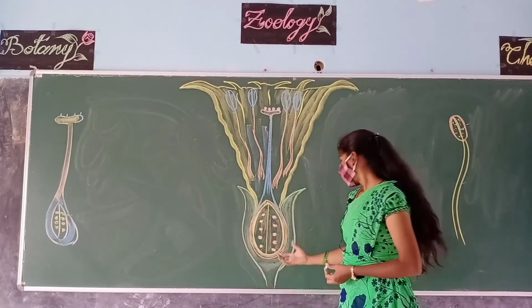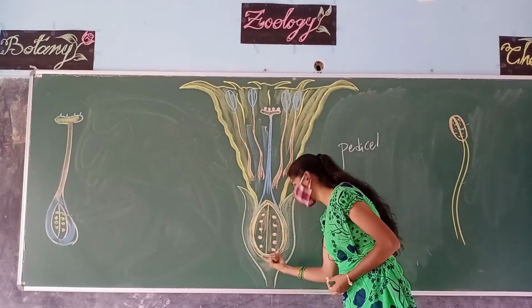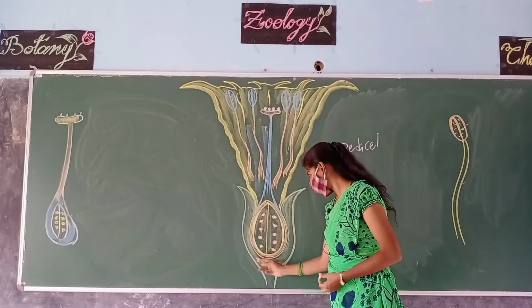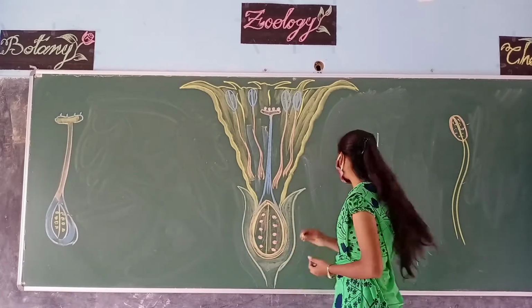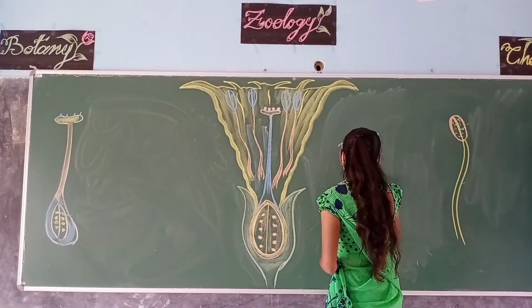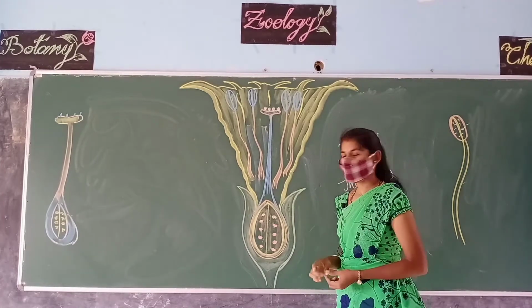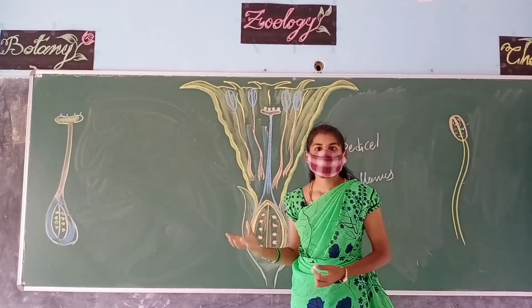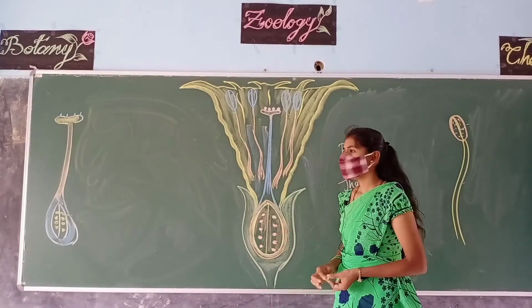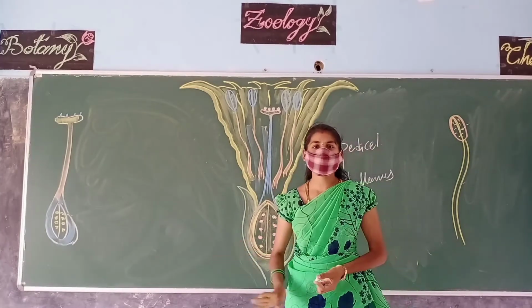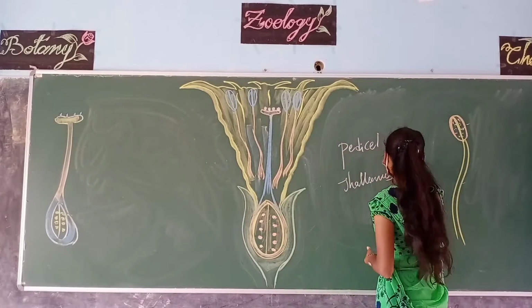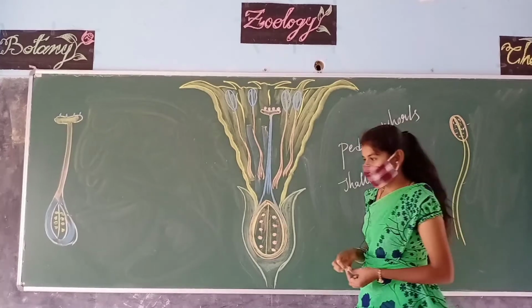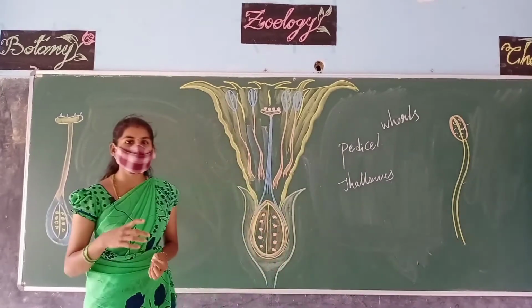Okay. So above this pedicel we have a swollen, green in color and smooth cushion-like structure, which is known as thalamus, right? The function of this thalamus is holding all different parts of a flower and protecting it, right? All different parts of a flower are arranged in 4 different whorls. Whorls are nothing but like rings. All the parts of a flower are arranged in 4 whorls. Let us see now what are those 4 different whorls.